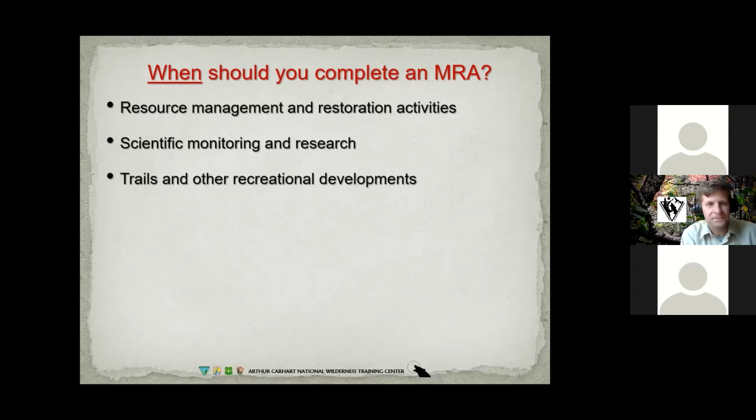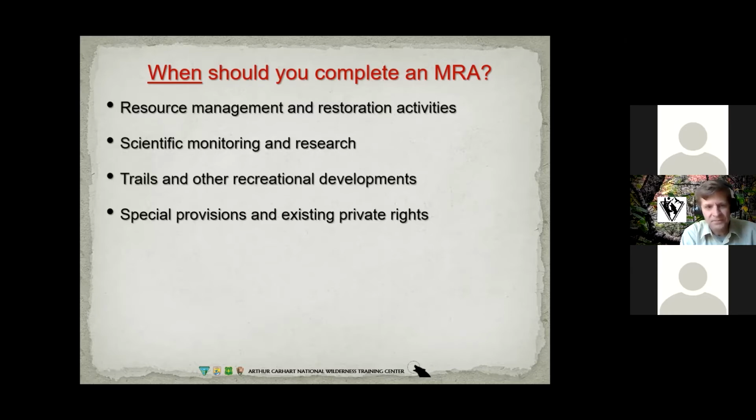Next one. Special provisions in existing valid rights. So even if someone has private land surrounded by wilderness and historically they have used a trail to access their property, the agency would need to evaluate any proposal by the landowner on improved access to that land. So that would be one example of that.